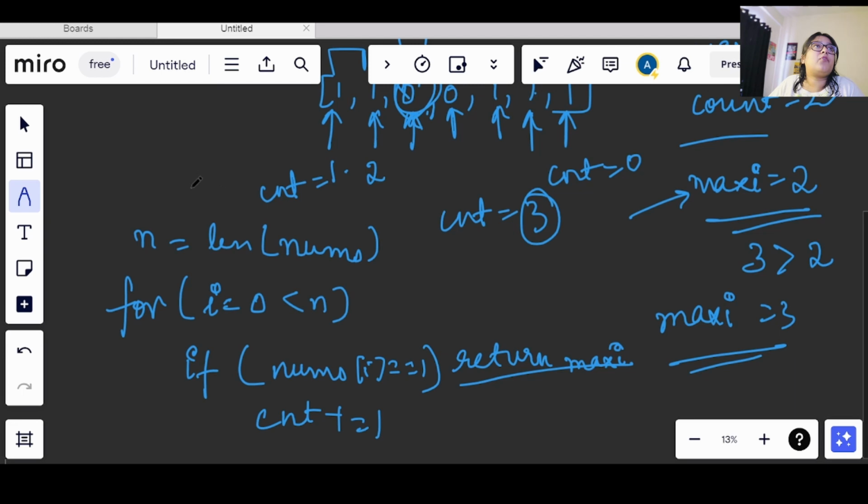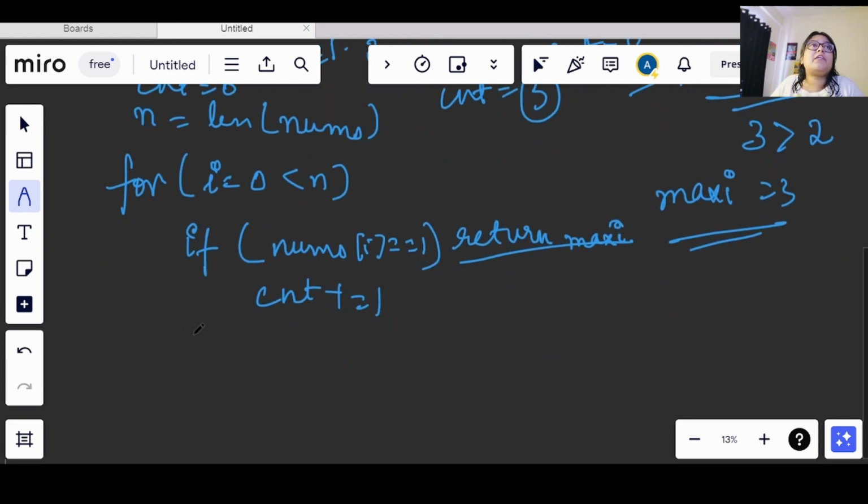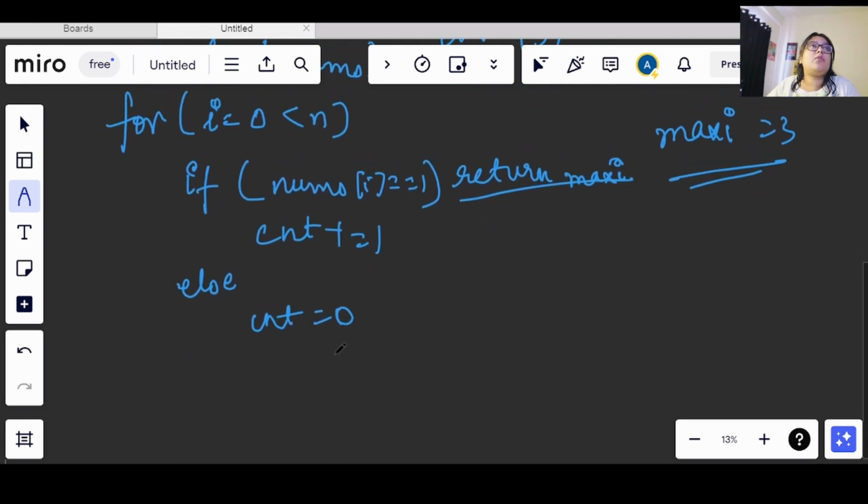Before that we will initialize it with 0. Now if it is not equal to 1, since this is a binary array, it will either be 1 or 0, and we need to count consecutive ones only. In case of else, we will simply change the count to 0. After that, now let's see how this will work.